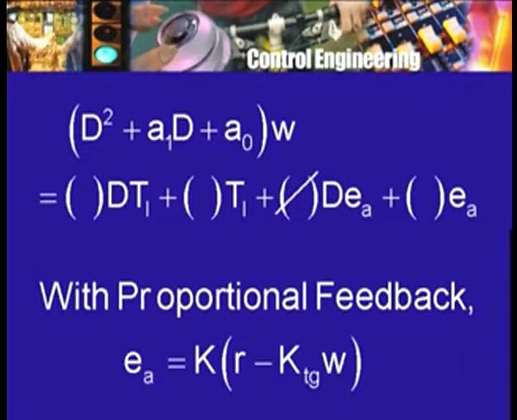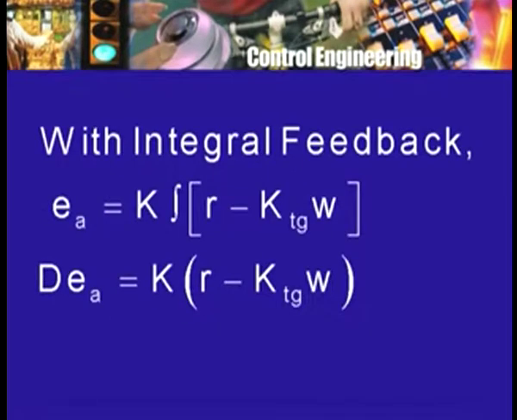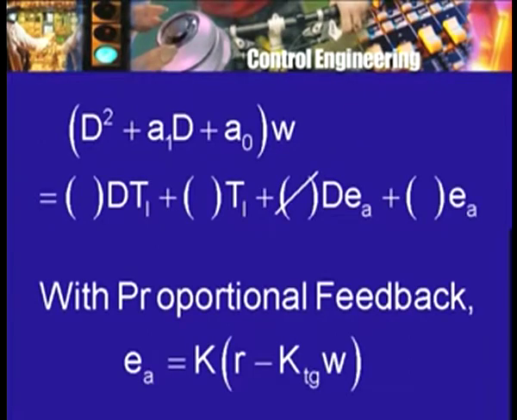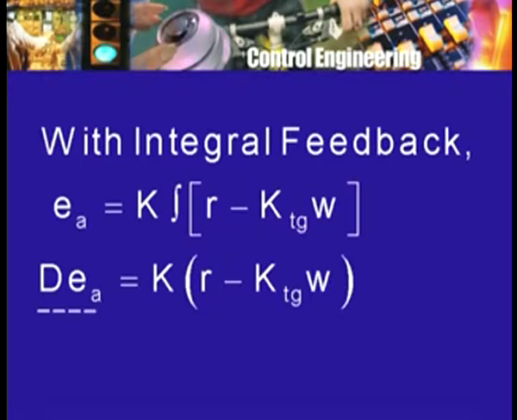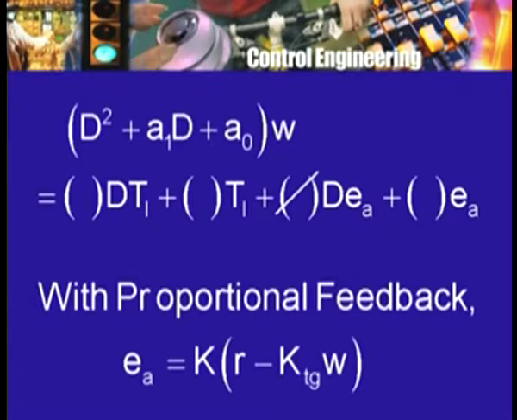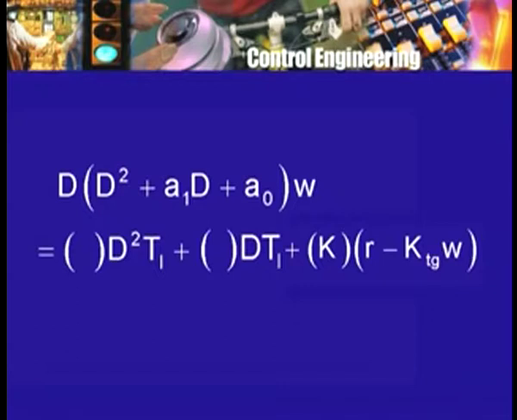Now, we have EA appearing in both the equations, and therefore we will have to use the second feedback equation appropriately. Now, one way of doing it is the following. In this equation we have EA, in this equation we have DEA. So, what can we do? Well, we can take this equation and differentiate it. So, if I differentiate it, that is operate on both sides by D, or it looks like multiply both sides by D, what I will get on the left hand side is D into D square plus A1D plus A0, whole thing acting on omega, equals